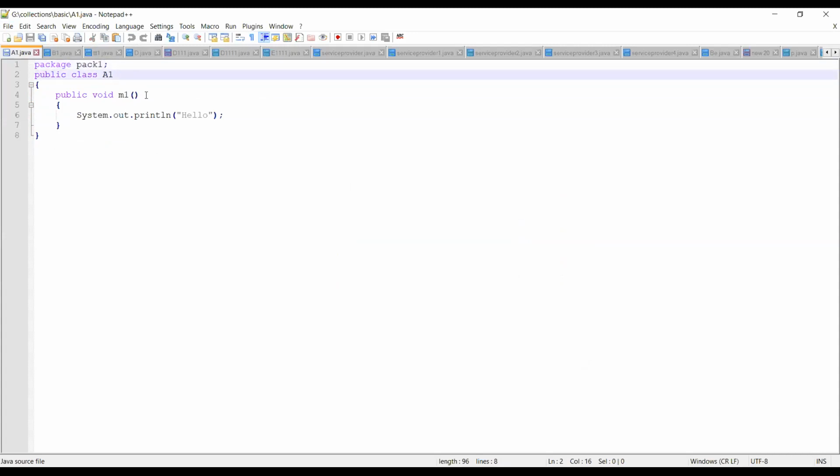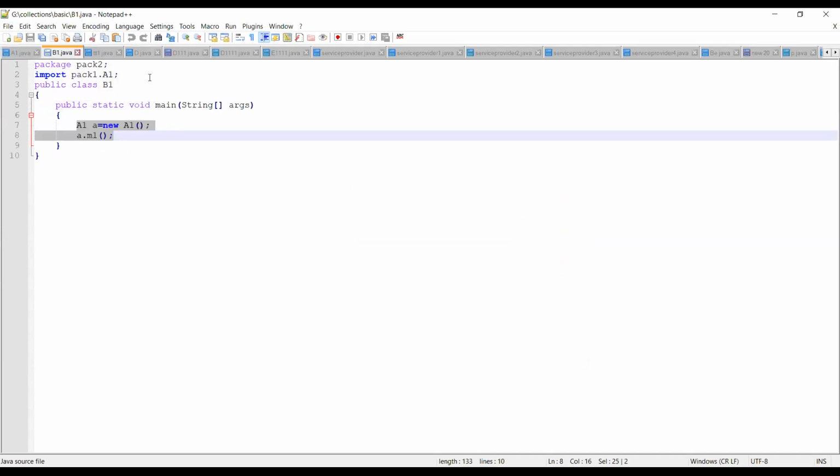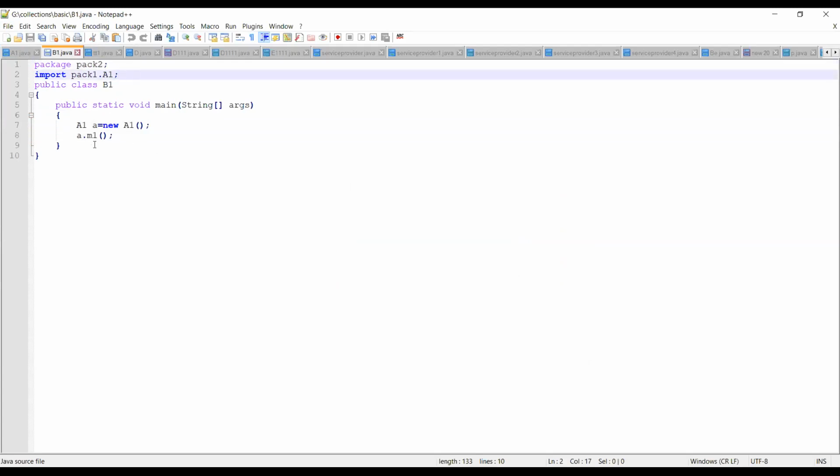What's the method you have? M1. So now what I'll try to do is create another class B1, in which I'll try to access the method of A1. Both class A1 and B1 belong to the same package. Since I am trying to access the method present in A1, I am supposed to write an import statement.